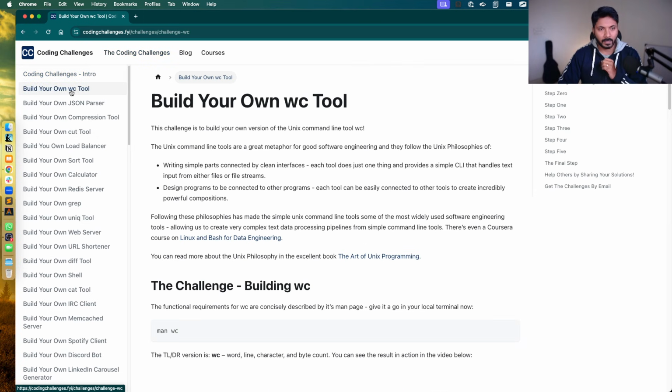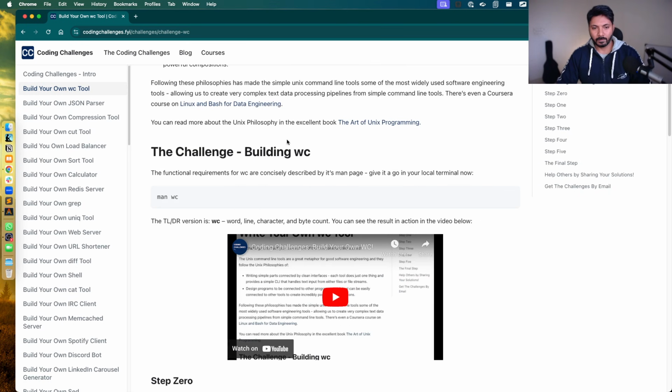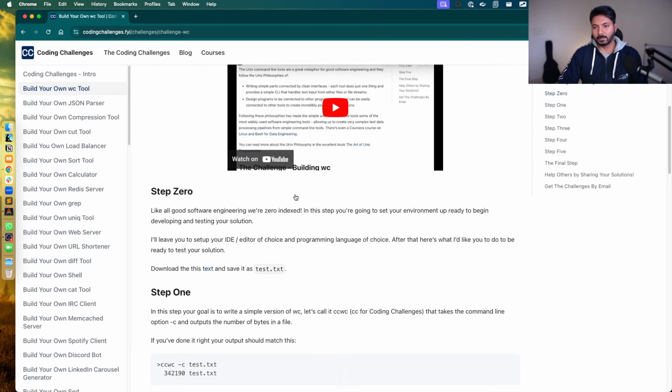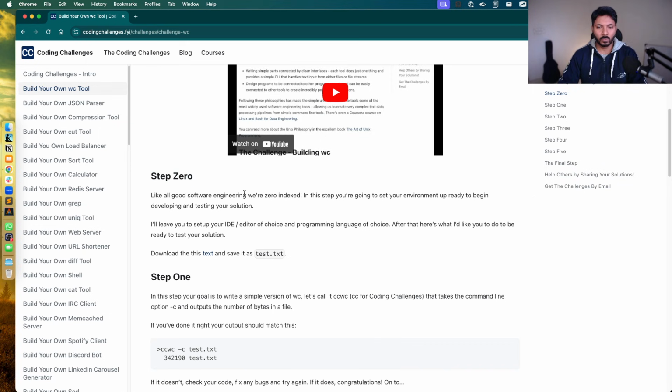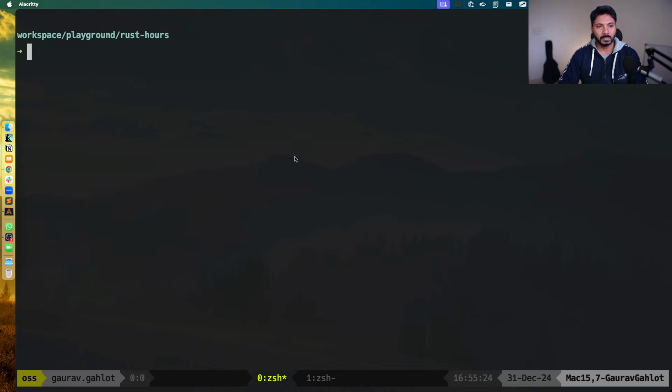We will be building our very first own WC tool. Now, what's a WC tool? We will go through this document and we'll see what actually it is. Each problem here is broken down into different steps. The first step, step zero, is always about choosing your IDE, your programming language, or having all that set up ready for you. The next step is describing what we want to do as a first step when we are trying to solve this problem. But before that, let's first understand